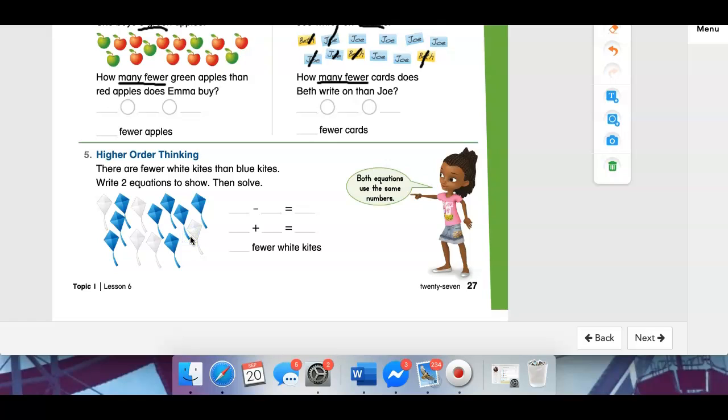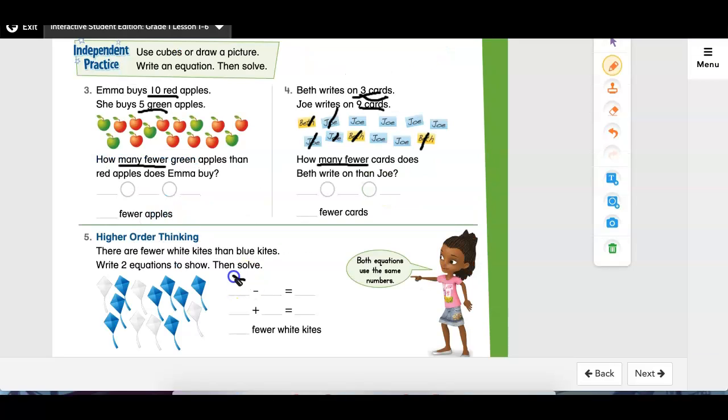Let's count how many blue kites we have. We have 1, 2, 3, 4, 5, 6, 7, 8. So we have 5 white kites and 8 blue kites. It wants us to write 2 equations to show there are fewer white kites than blue kites. So I could take my total number of blue kites